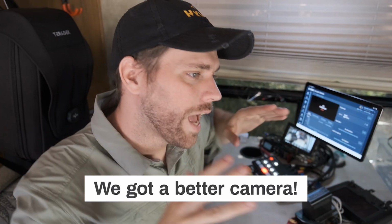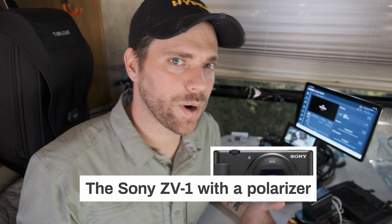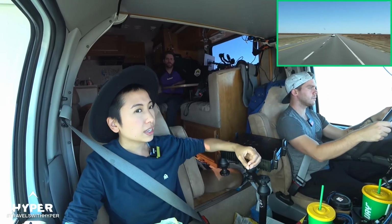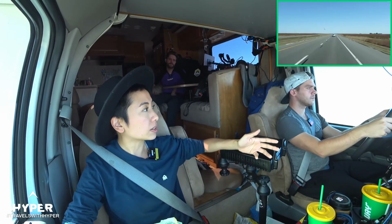As far as things that maybe I'd like to make better in this setup, I think it'd be really cool to have a better camera facing out the front as we're driving down the road. It really surprised us on our test trip how much people liked that front camera facing out as we're driving through places. And it also made us realize we take for granted a lot of the scenery in America as